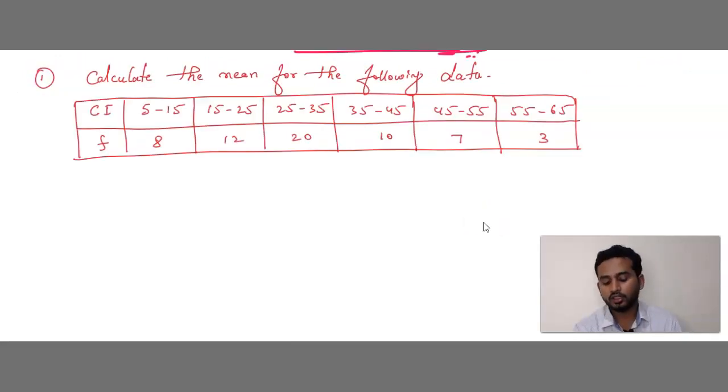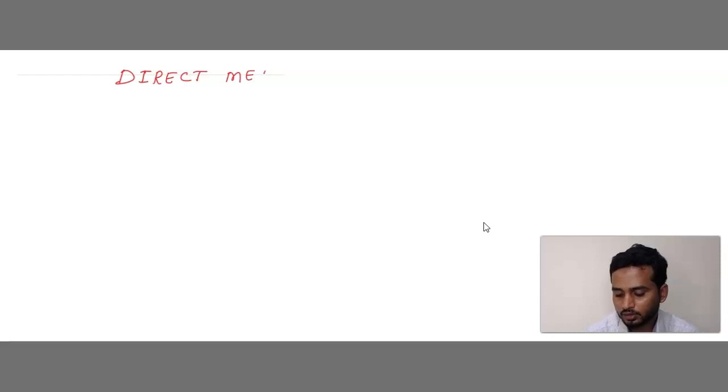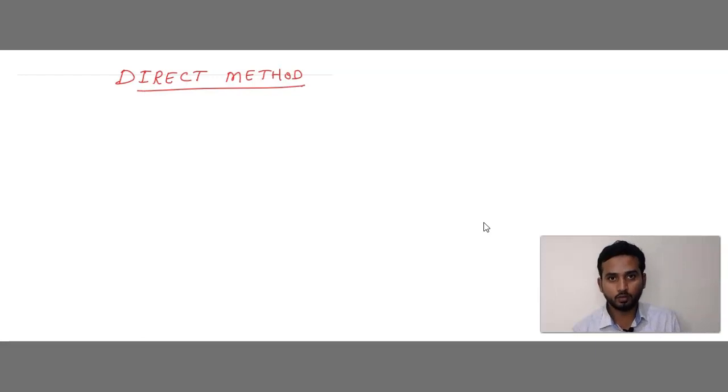Yes children, you can see here question number 1. Calculate the mean for the following data. Before I solve that problem, I'd like to give you some brief information. Suppose we are solving the problem by using the direct method. Children, first what you should do is write the formula. Remember this step, write the formula. Don't do anything else. So what is the formula to find mean? Mean is denoted by the symbol x bar. X bar means mean.